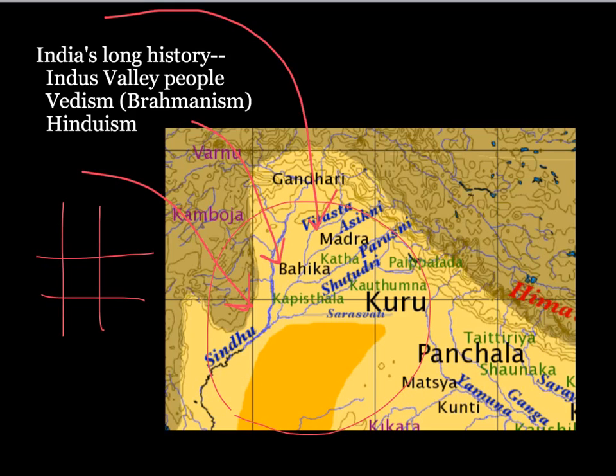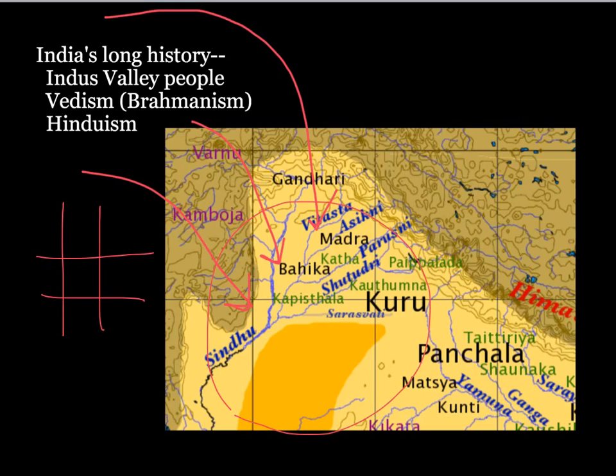We call the religion that the Indo-Europeans brought with them Vedism. And Vedism, which was also known as Brahmanism, had a set of beliefs. One of those was the caste system. So society was organized along the different castes. You guys learned about that last year in world geography. The very top of the caste system were the priests or the Brahmin, right?